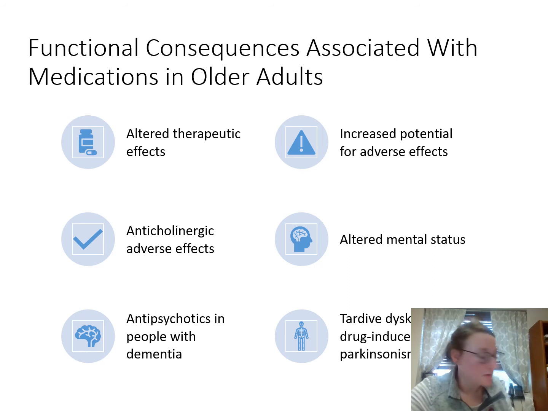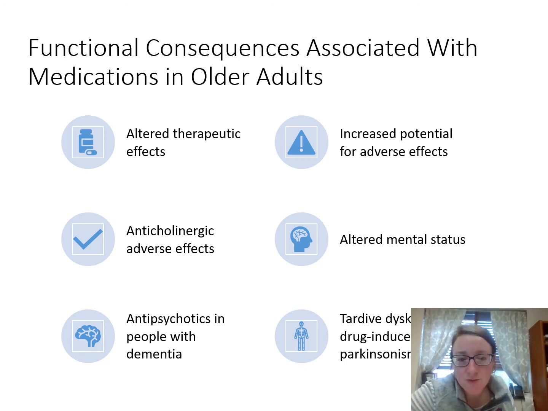And that goes into our altered mental status, that through any medications, our older adult is at increased risk for medication-related altered mental status. And again, it takes a close observation analysis, and it takes time to look at a prescription and the polypharmacy to determine what's safe for our older clients.